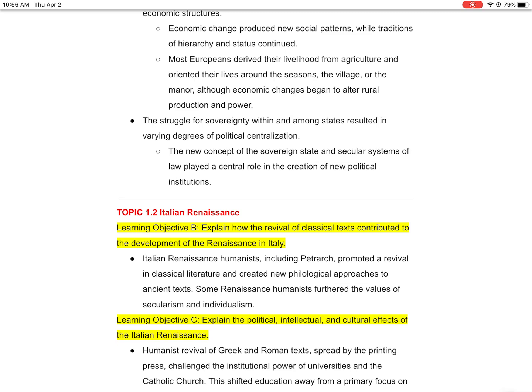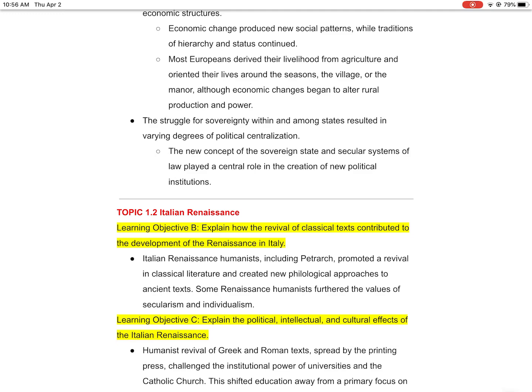Economic changes produced new social patterns while traditions of hierarchy and status continued. So we still get a whole bunch of stuff from medieval times during the Renaissance. So the social structure doesn't really change that much. If you're familiar with things like